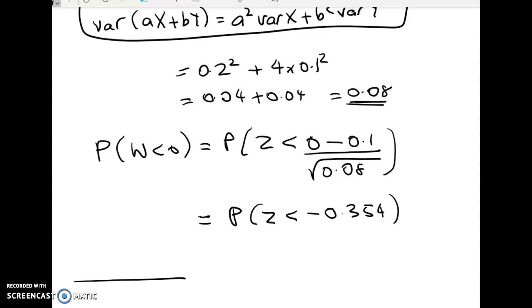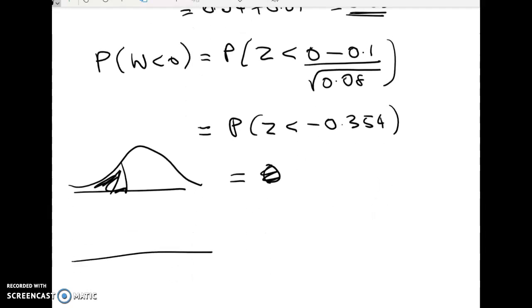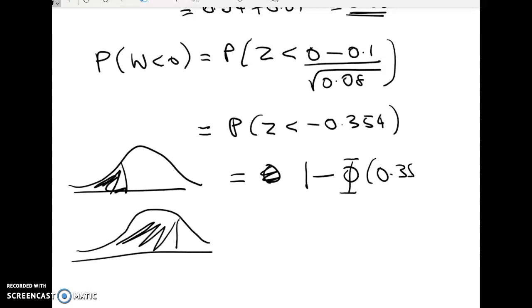I'm going to 3 dp for my tables. So I'm looking for this area here, and I find that in my tables as 1 minus the other way around. And that works out to be